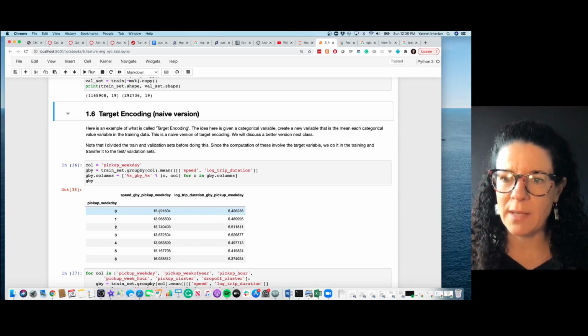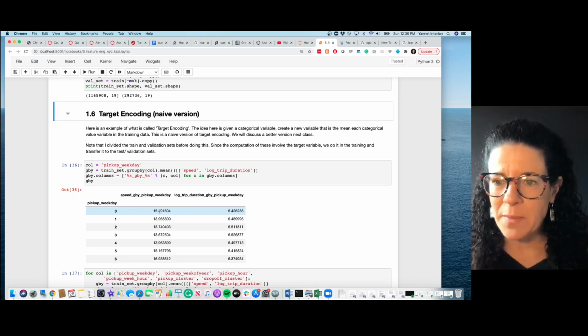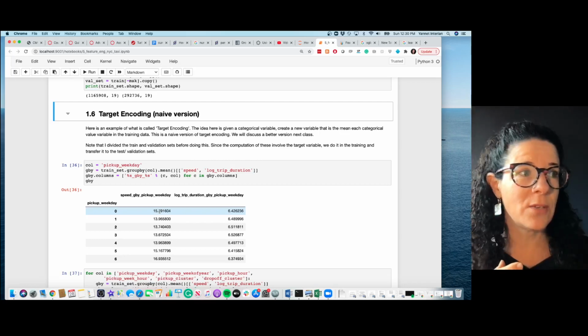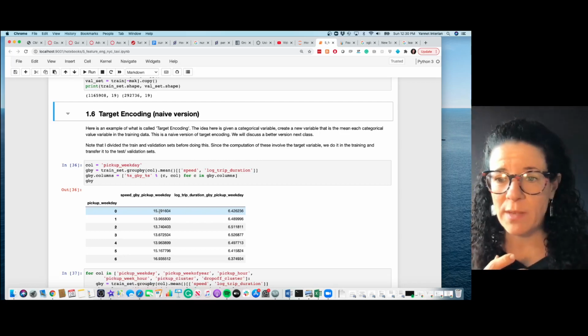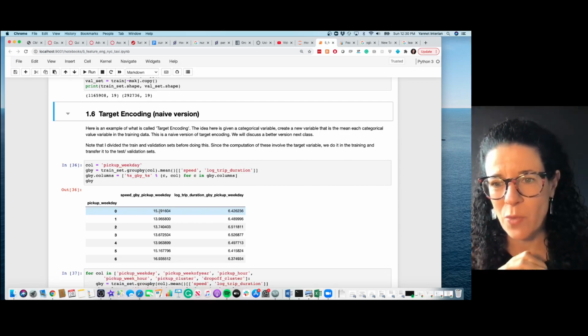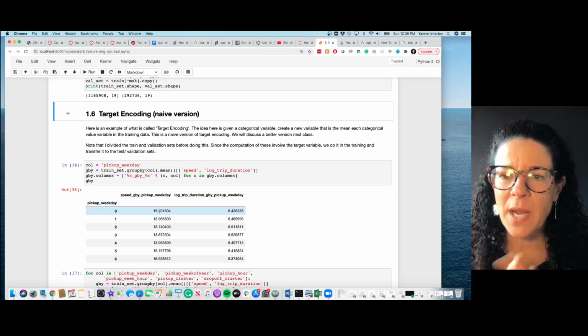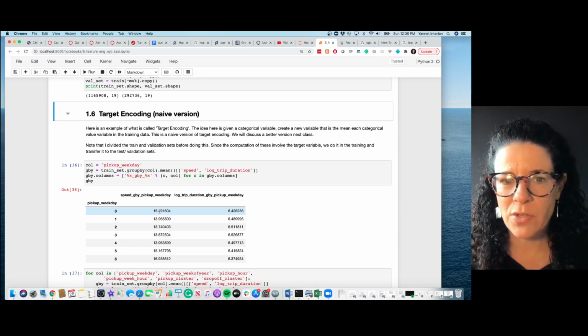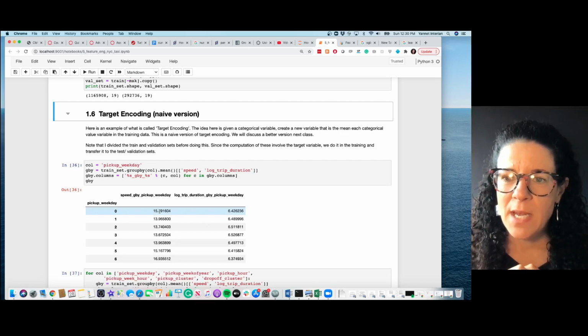So by merging that, you are helping your algorithm a little bit, saying, hey, for this particular pickup weekday, this is the average. So use this variable in whichever way you want. Now you guys are going to tell me, how can I compute this variable in a test data in which you actually don't have the trip duration? What we're going to do is take this